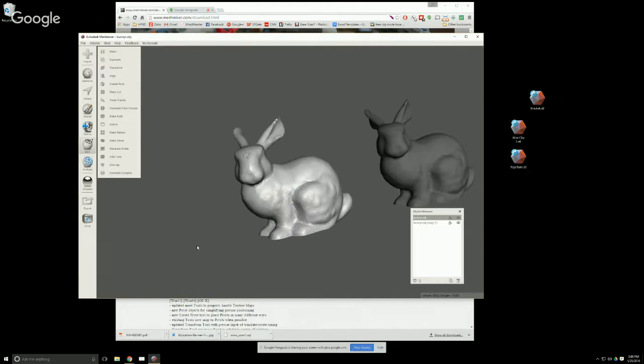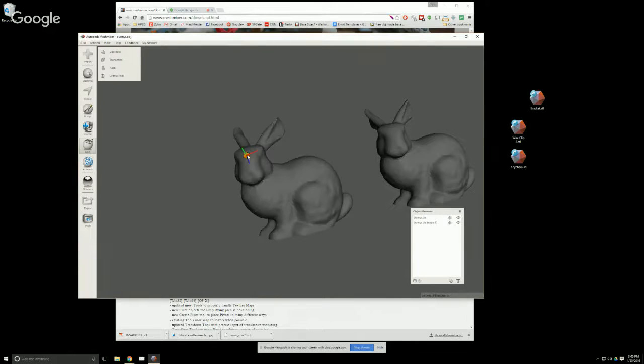Now, normally, I have to drag this to some other target. But what I can do is I can now just drag this pivot, and now this is flying over the surface of another bunny. So this didn't happen before. You needed to drag this to another pivot or some other kind of known place. Now it just goes wherever. So I can really precisely align the head of this bunny with the head of this bunny,